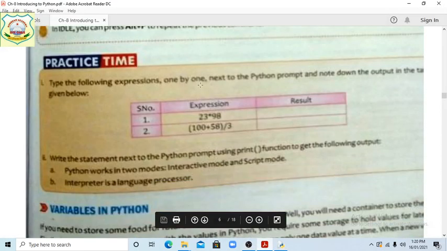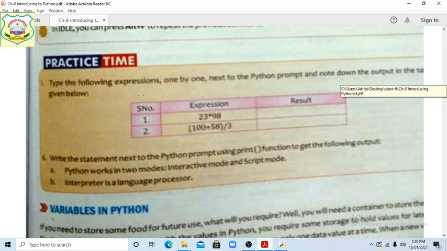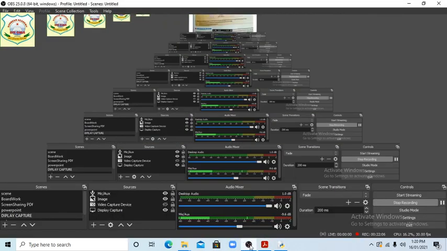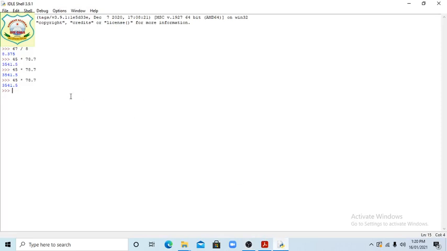There is a practice time given, students. Type the following expressions one by one next to the Python prompt and note down the output. So now we are just doing this one. How to do this, students? 23 multiply asterisk 98. Have you opened the book? You can see as a result 2254.